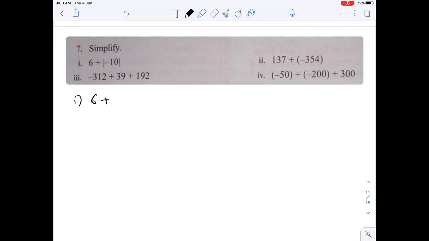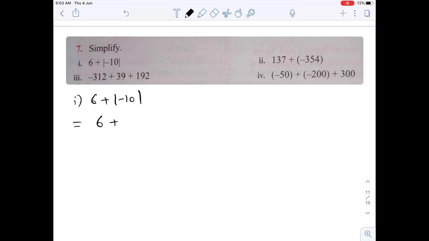6 plus. Now you can see that a different sign is present over here, just like an exclamatory mark or a perpendicular dash. Now here we can consider that this sign is known as modulus or mode. So now it can be read as 6 plus modulus or mode of 10. Now whenever there is a mode, we have to change it. So it will be written as 6